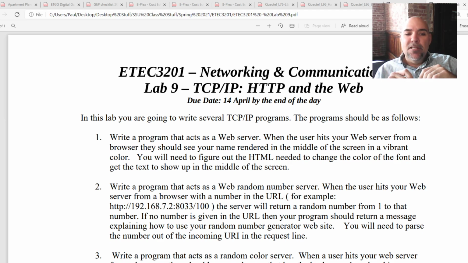So you might want to copy and paste that project and start editing it from there, but just don't accidentally overwrite it. But program 2, what you're going to do is going to act as a random number server. In other words, when the user hits your web server from a browser, they need to put a number in the URL. For example, here, in your case, it might be